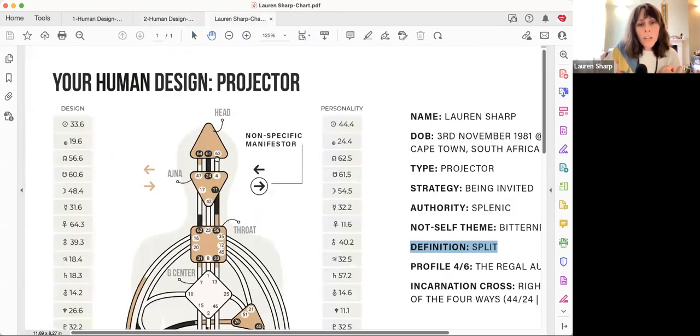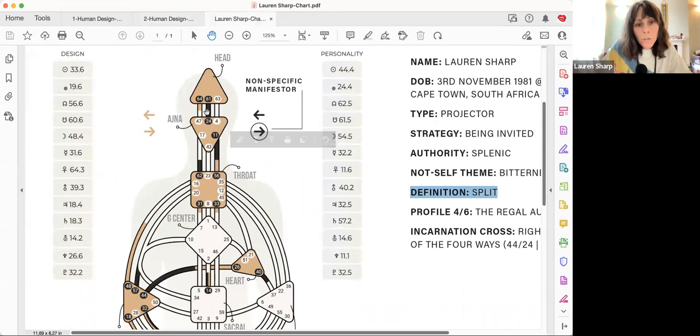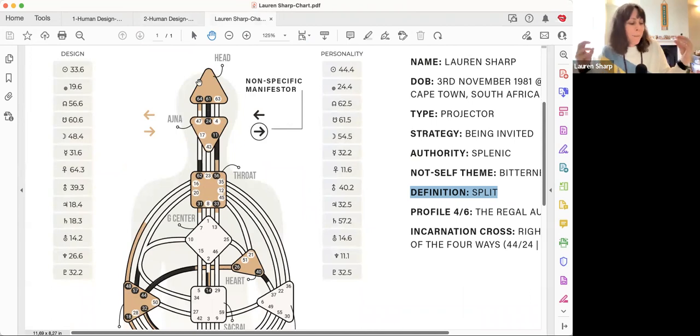When I say channel, the channel is when two gates see each other, they form a line of energy. I always call it a cocktail, because on the one side you have the vodka and on the other side you have the orange juice, and then they mix and form a cocktail of energy. And that cocktail has its own flavor, it has its own beingness, and it's different from just the gate in isolation, where it's just hanging and holding there.